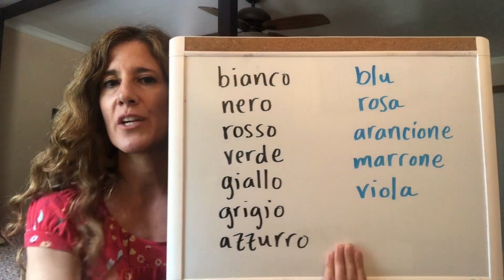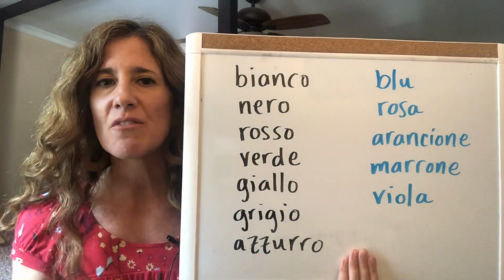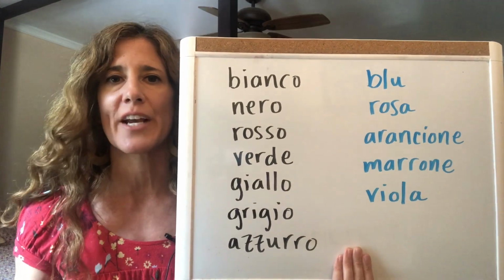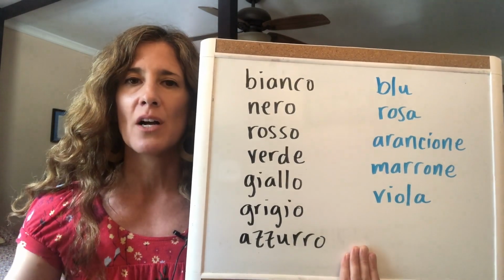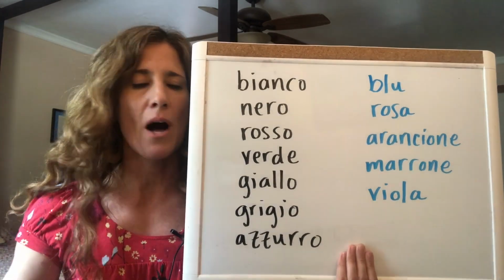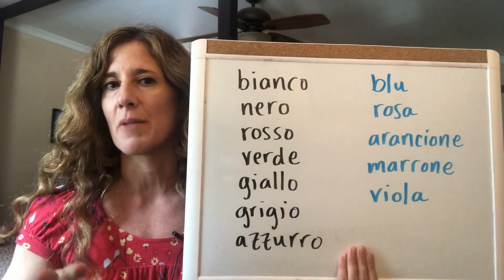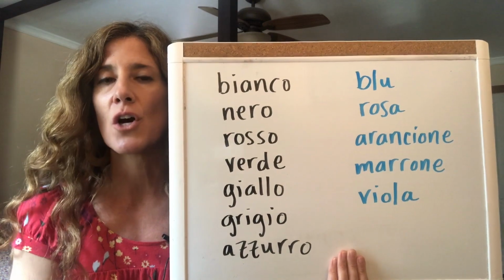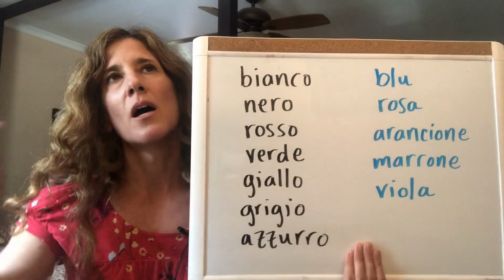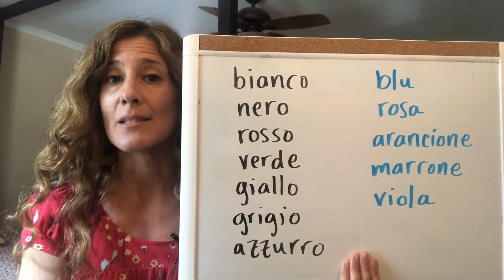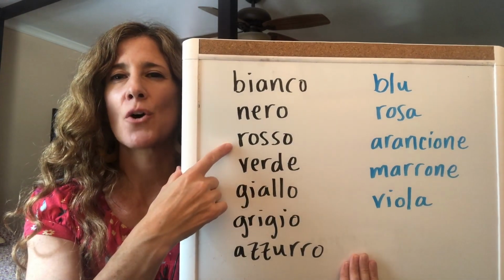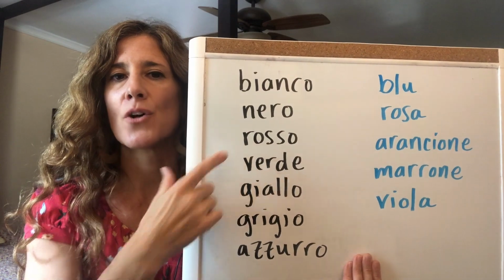The adjectives over here in blue are called invariable. That means that they're not going to change form. So blue is going to stay blue whether you're talking about a singular, a plural, a masculine, or a feminine noun. Va bene? So that's true for all of these. So blue is more like a dark blue, okay? Navy. Rosa is pink. So contrast rosso and rosa.